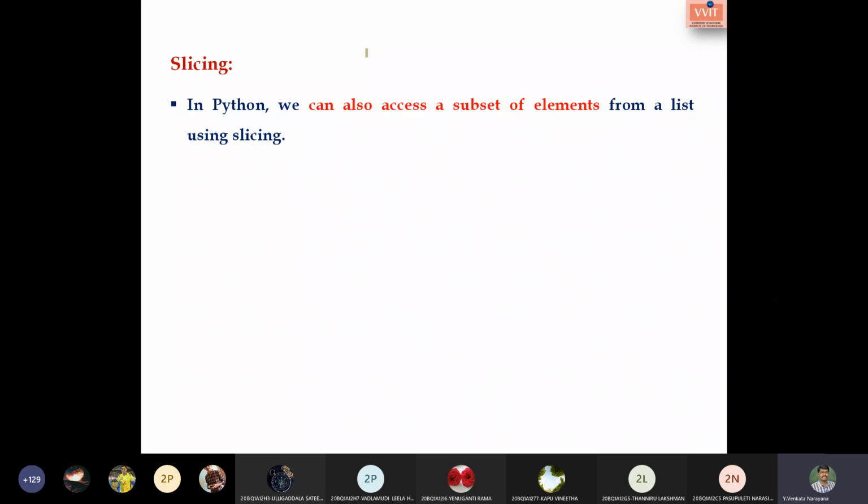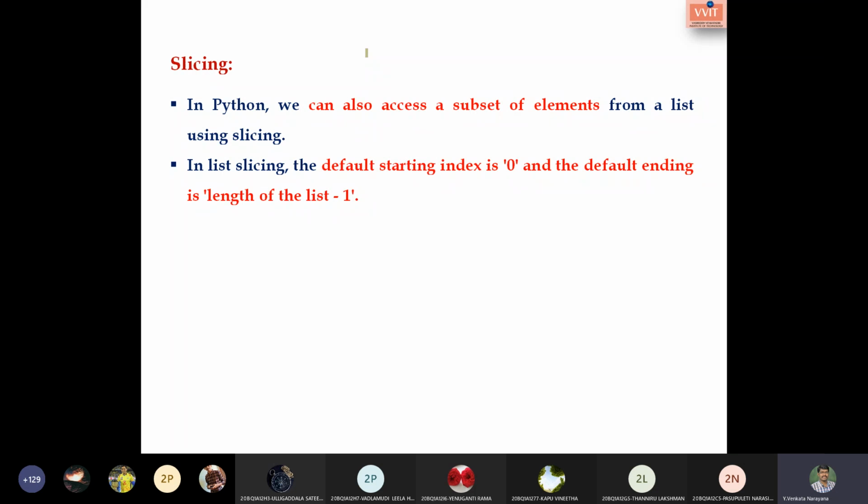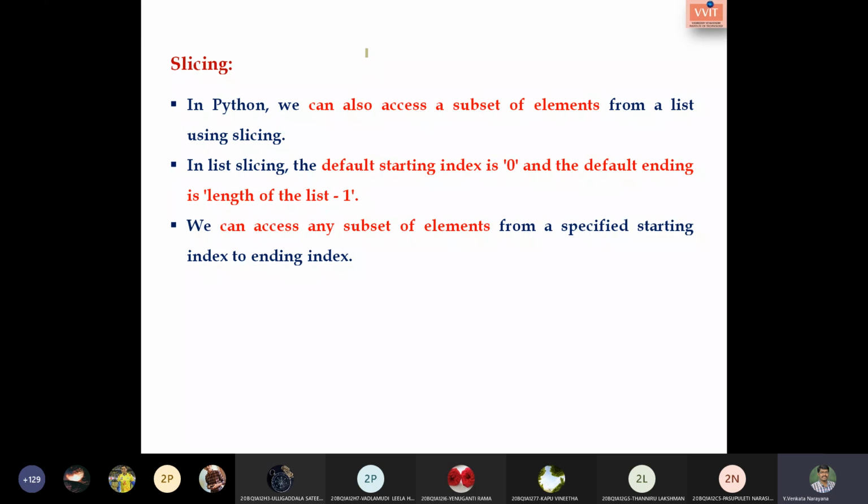Okay, in list slicing, by default the starting index will be 0 and the default ending index will be the length of the list minus 1. That is 0 and n minus 1 as usual. We can also access some subset of elements by specifying some starting index and some ending index. Let us go with the syntax.